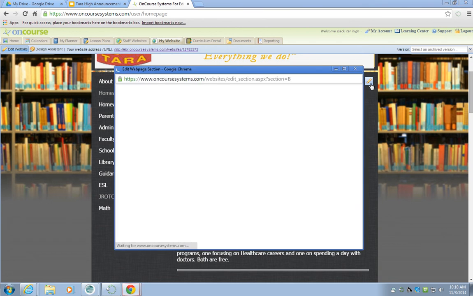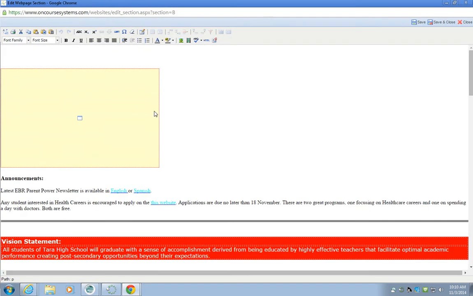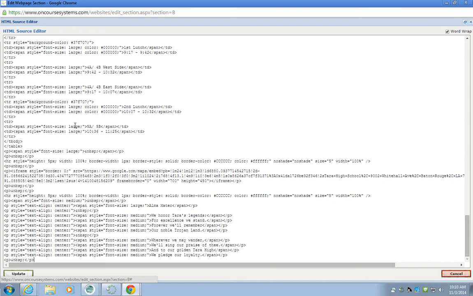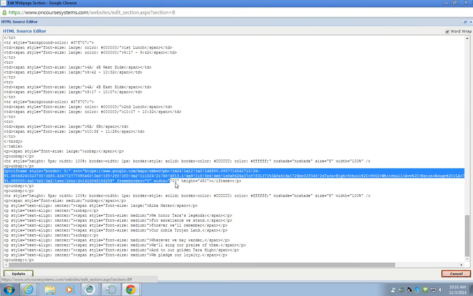So I'm going to edit it again, maximize to give myself the most space. I'm going to edit the HTML directly. Maximize that so I can see what I'm looking at. Come over here. This bit of coding right here is the coding for that rotating PowerPoint. Now it says right now